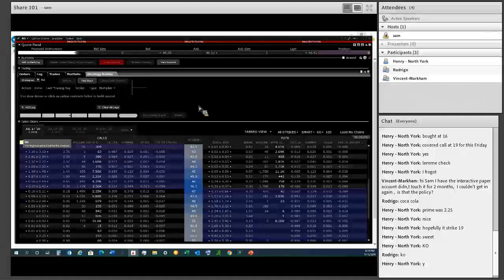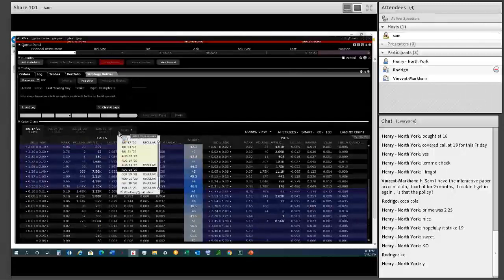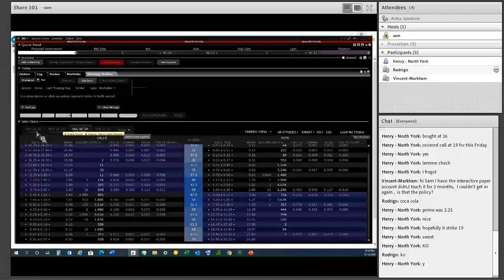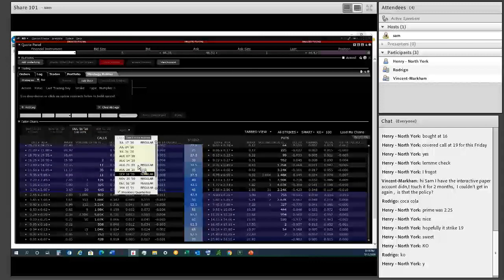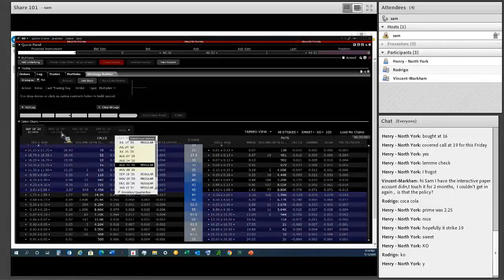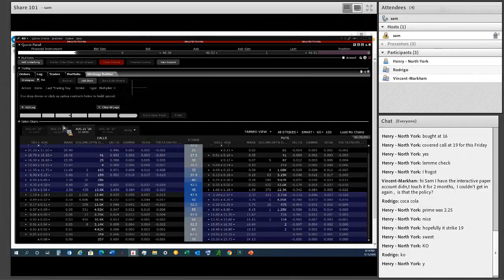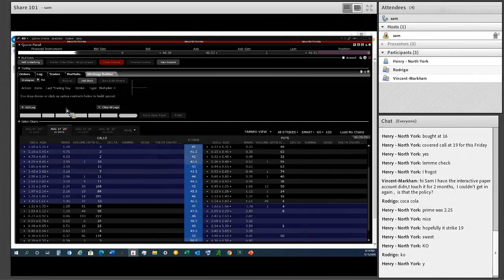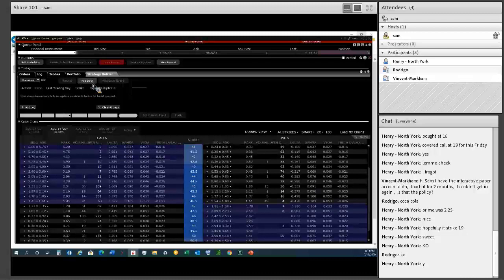Okay, so for Coca-Cola, first thing we do is we check the chart. It's not the best chart, but we can put it on. It's in a sideways motion. What's the next step? We look for 30 days out. Okay, 30 days out, which is the August 14th expiration.